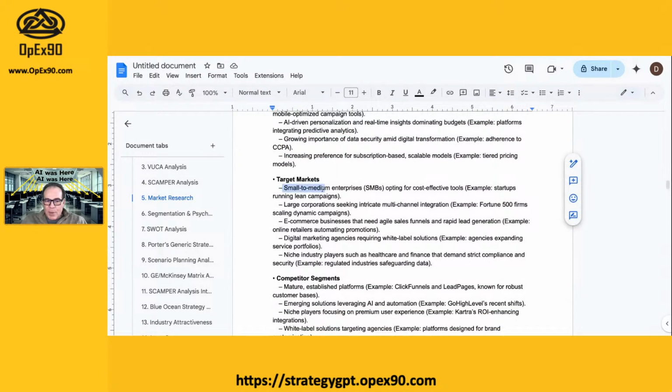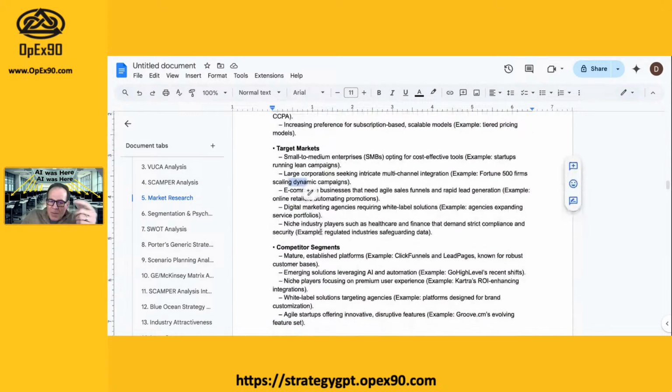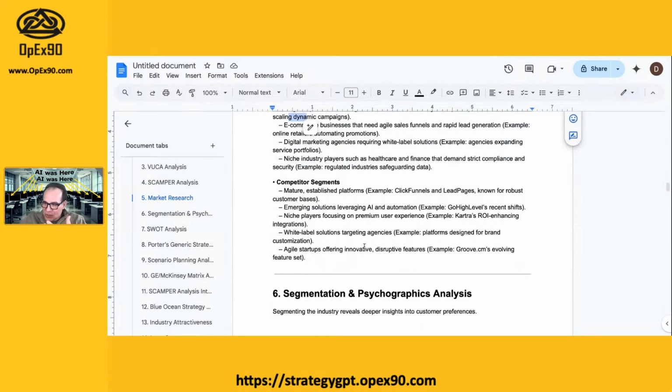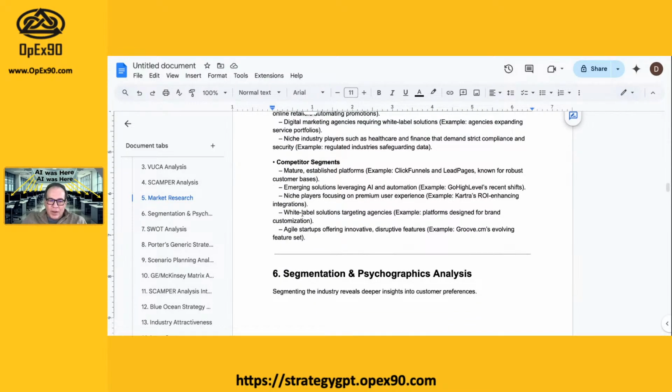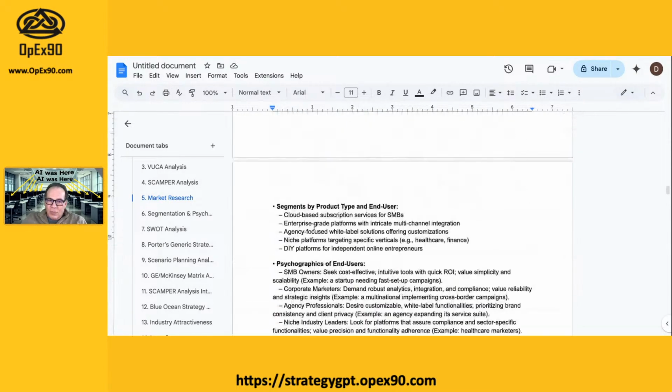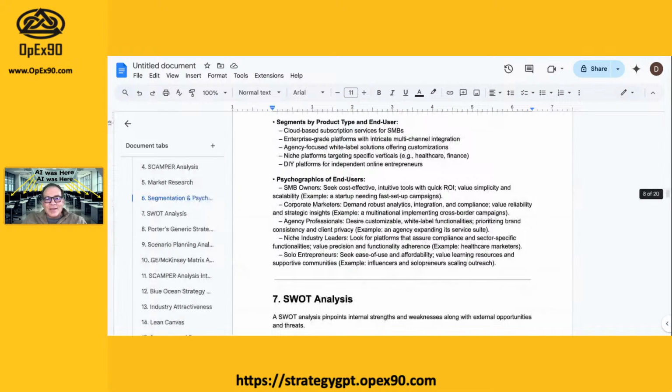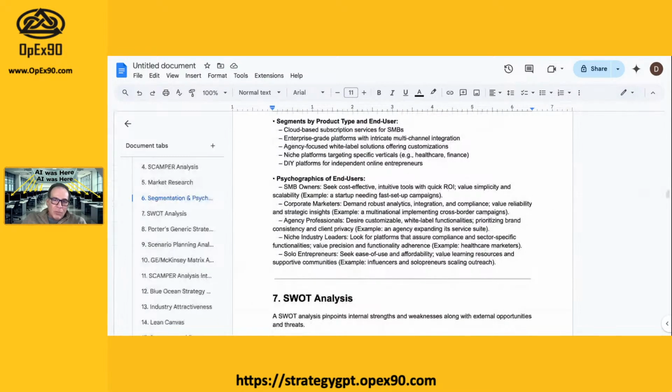It came up with the same target markets, right? It might be a little different here and there, but that's okay because it has some randomness built into it. Customer segments, what do the customer segments look like? And then here we have the psychographics. So just think, I did this again in one report. So this one report here, think about if you're going to bid on work on a client, this one report that we're looking at right here might give you that leg up, right?